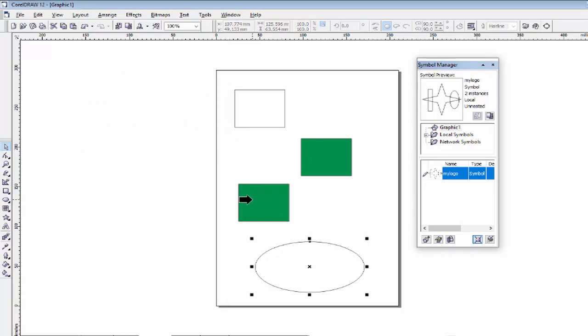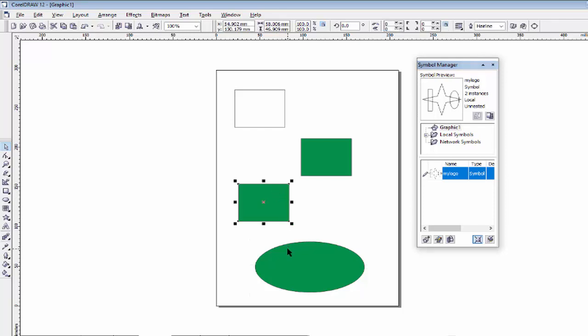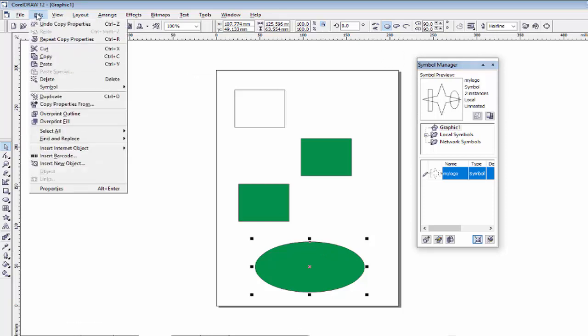Take your arrow on this rectangle and click the left mouse button. You will see the color of this rectangle is filled in this ellipse. So I think you got my point how copy property from works.